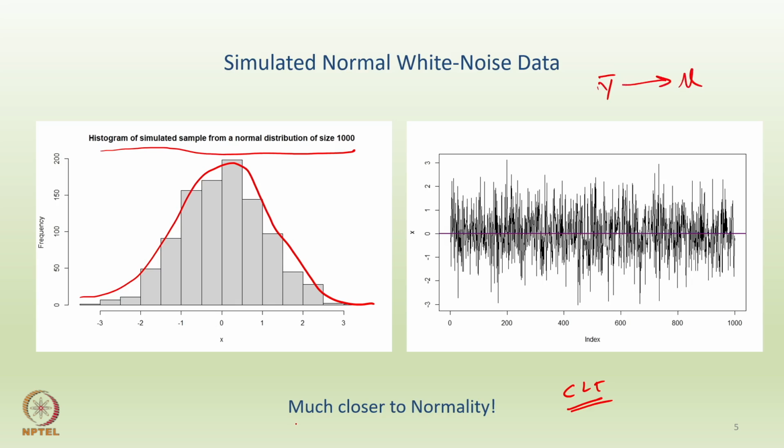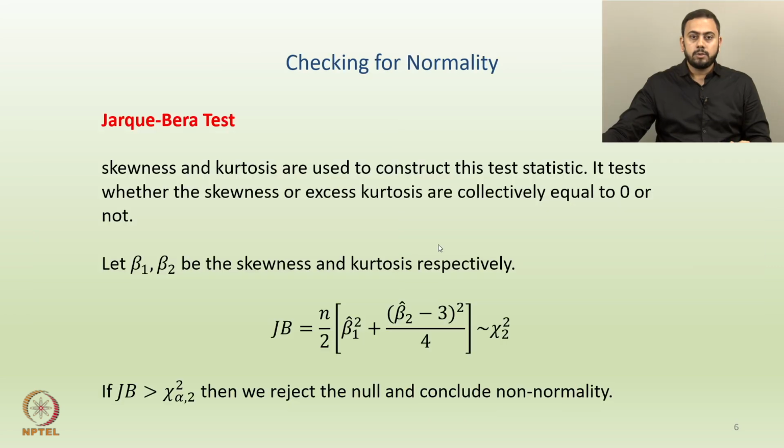So here we have a small comment: much closer to normality. But the idea is that if you want to check for normality, drawing a histogram or confirming what the mean is would be a good idea to start with, okay. If the histogram shows some sort of symmetric nature, then we can gauge that the underlying distribution might be close to a normal distribution. So this is one idea.